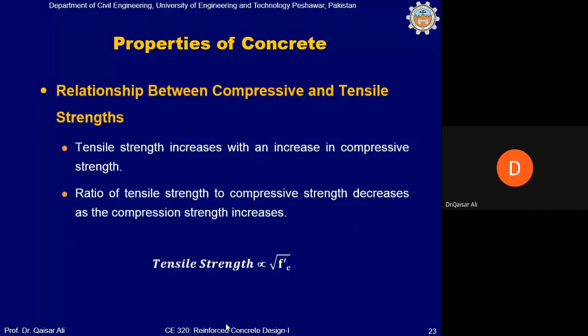Okay, if you have a chance to plot for the same concrete its tensile strength against its compressive strength on the x-axis and y-axis, you will see that there is no direct relationship between the compressive and tensile strength. But if you take the square root of Fc prime, the compressive strength, then you will have a very good relationship between the tensile strength and the square root of compressive strength. This is a practice which is usually done in research,